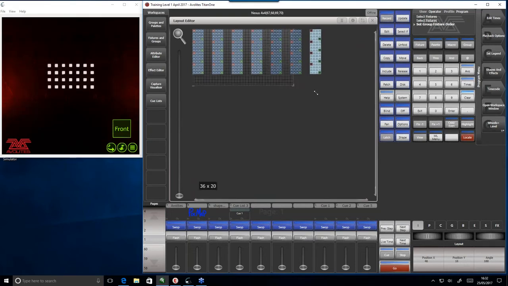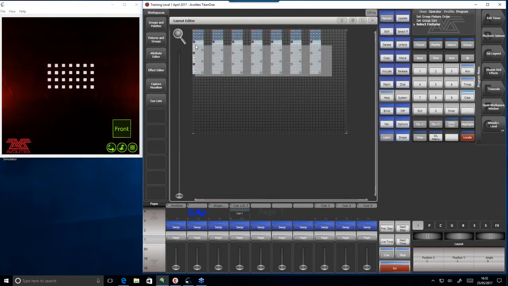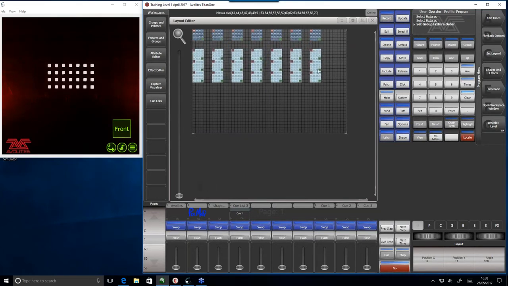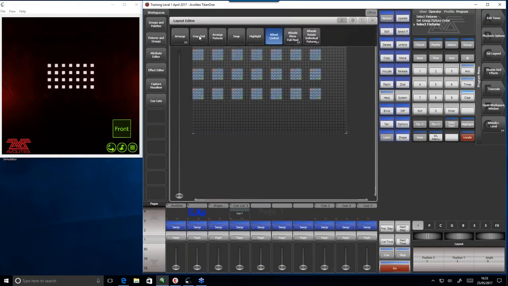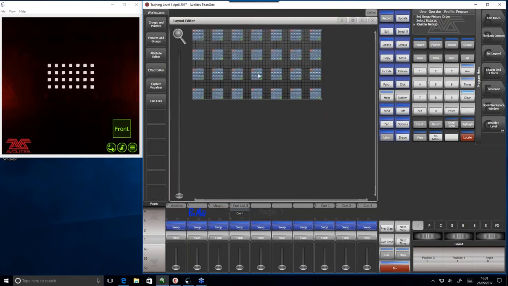And you can move the grid if you want to, just like this. So we'll go downwards, exactly the same. We'll do 3 spaces gap. Just try and get it as close as you can to the layout of the rig you've got. And then when you're finished, you go to crop grid, and it crops the grid around those fixtures, ready for